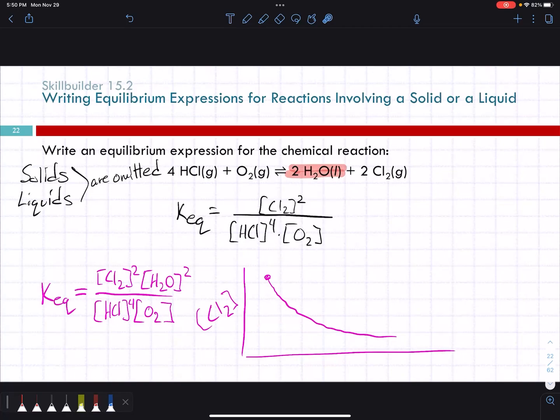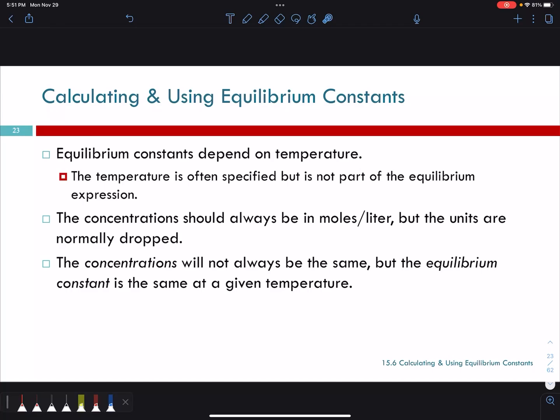If we added more water to this, it wouldn't change anything. If we took a little bit of the water out and changed the concentration of the water, it still doesn't change the equilibrium, because this is kind of a limited reaction problem. We're limited by the amount of chlorine, and that's what's determining the rate. Does that help, or was that more confusing? Okay. We can keep moving, because I think we're going to talk a little bit more about this.